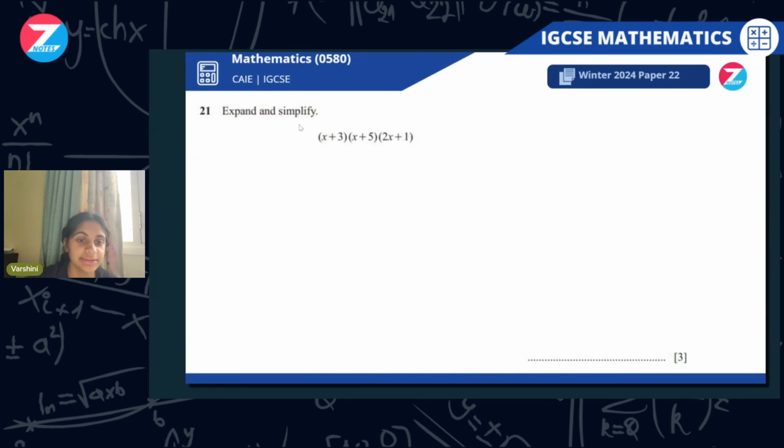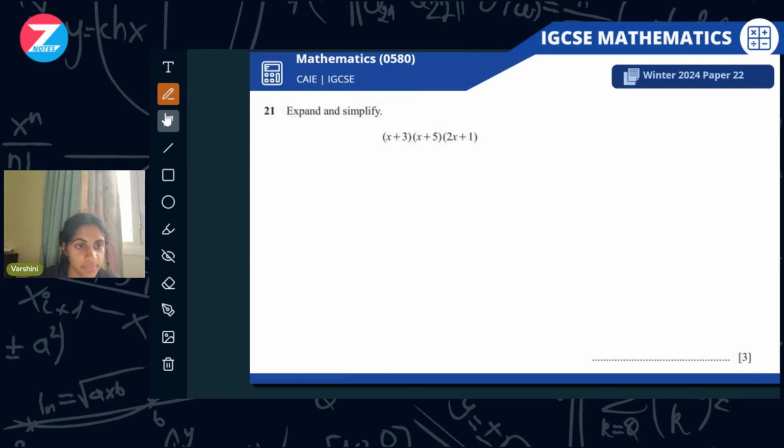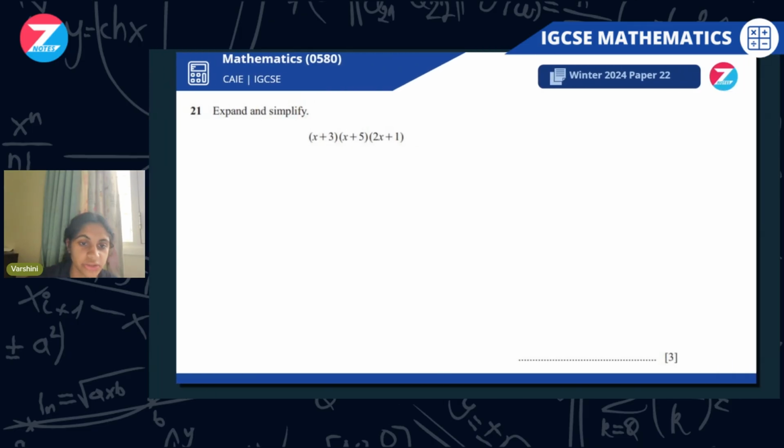Okay, expand and simplify. x plus 3 into x plus 5 into 2x plus 1. So first let's just take these two, so we can just expand these. Remember, we have to multiply each term into